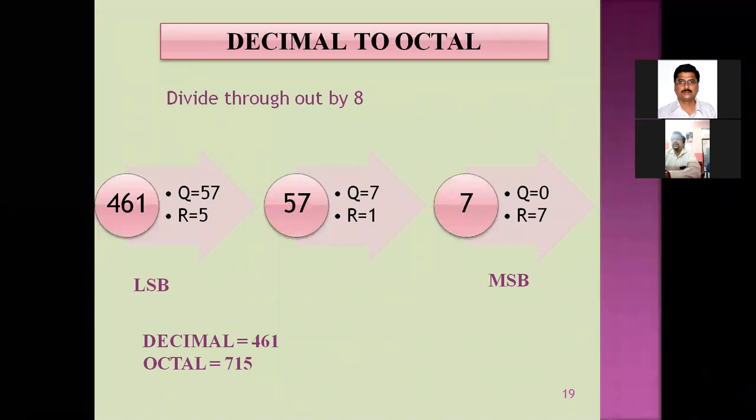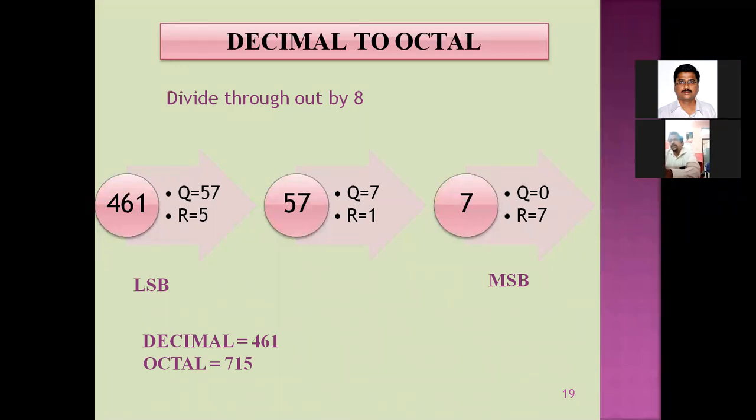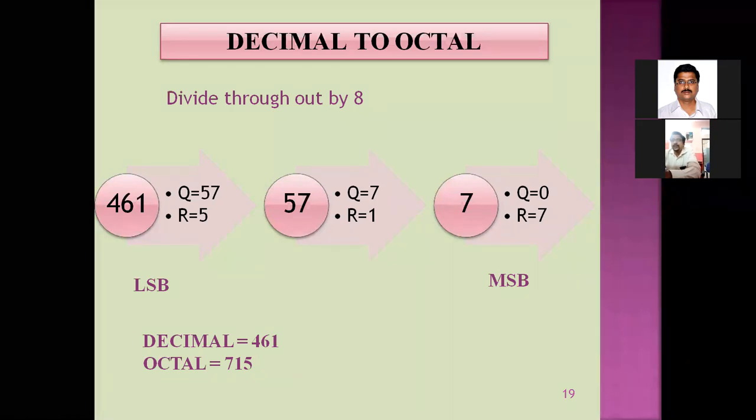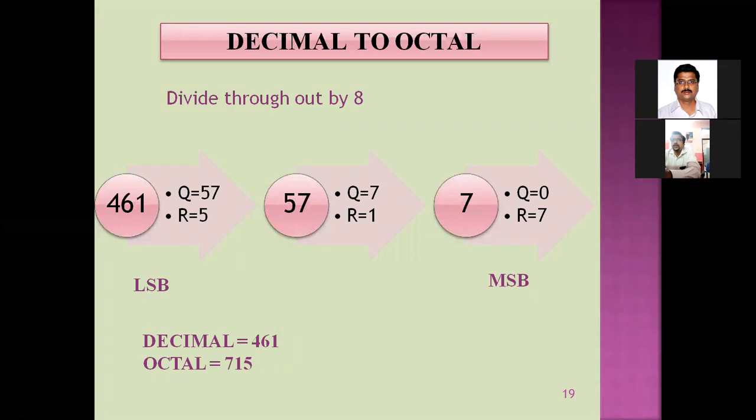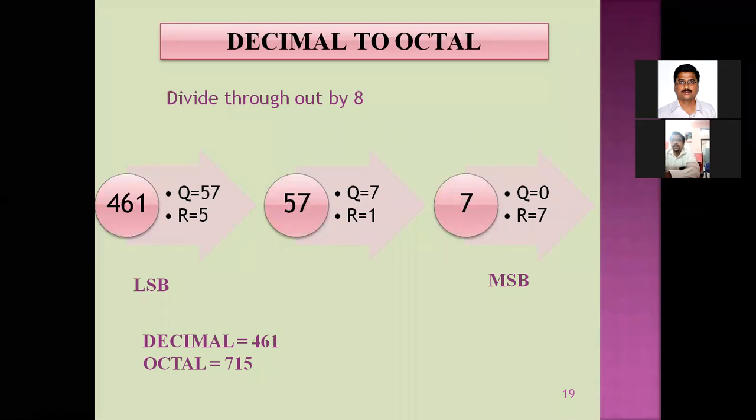There is no other theory to it. There is no other rocket science for it. So the methodology is same. That is why I'm explaining in groups. In the first group, the method is same for all conversions. Only the base value changes. Now here also in the second group, decimal to octal, decimal to binary, decimal to hexadecimal, the conversion process is same.